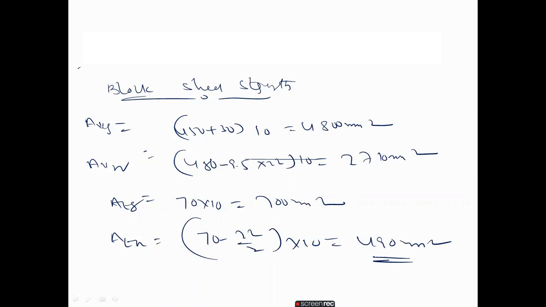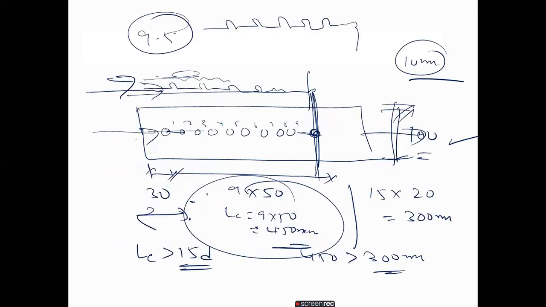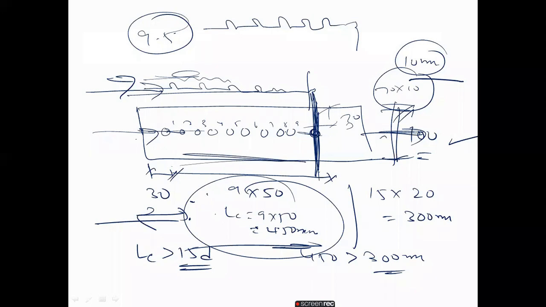So this is Avg, Atg. If you observe, 450 plus 30, whatever we discussed till now, multiplied with the thickness, that is Avg, and Atg means gross in the tension only. Here the total is 100, then we have to remove this 30. So 70 into the thickness 10. In the same way, net in the shear: this is 480, so minus, you have to remove